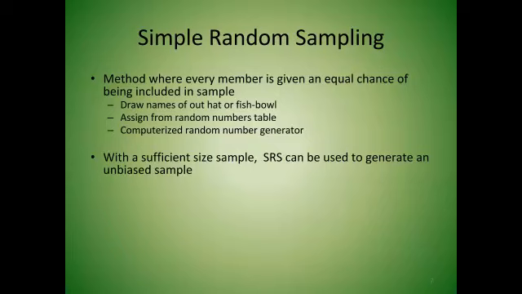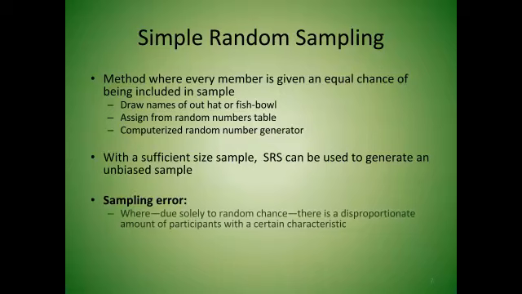But I note that I said with sufficient sample size. And that's where this concept of sampling error comes into play. Sampling error is where, based solely on random chance, there is a disproportionate amount of participants with a certain characteristic. Let's say, for example, there are 150 students enrolled in all sections of Health Studies 382, this class, in a given semester. And I randomly select 15 students. And it turns out, based on sheer random chance, that 5 of these students happen to be from Yellow Pine,